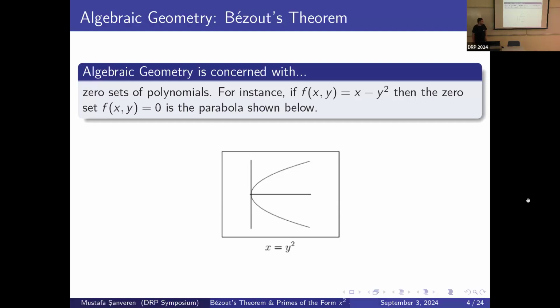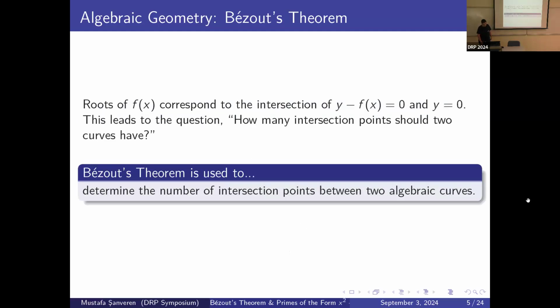And algebraic geometry. Algebraic geometry is concerned with zero sets of polynomials. For instance, if you have the polynomial f(x, y) equal to x minus y squared, the zero set of this polynomial is this figure, which is a parabola. And roots of f(x),